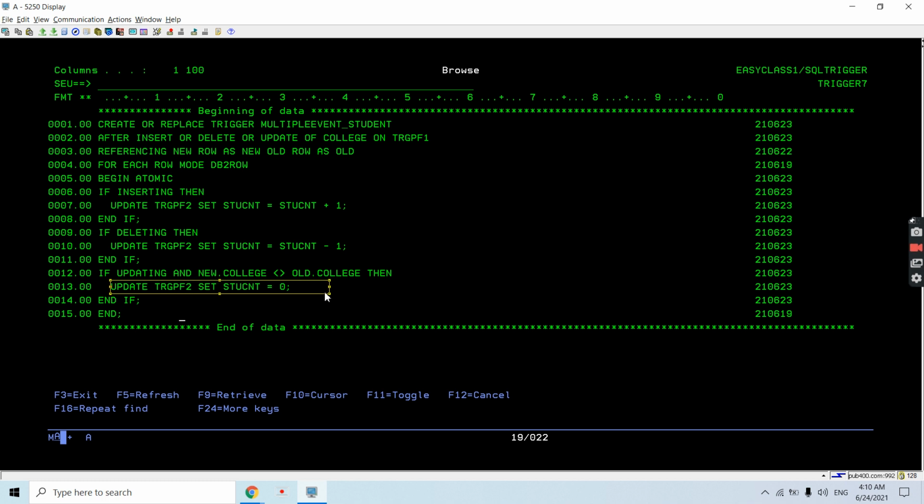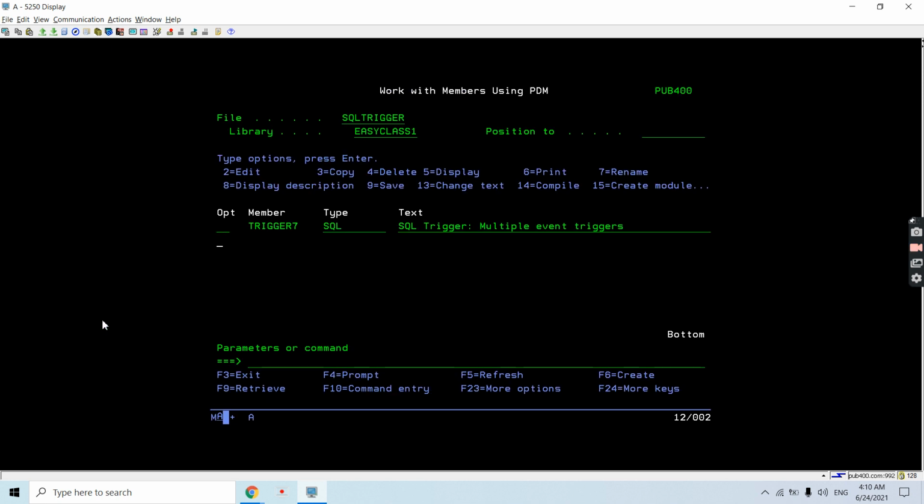So whatever action gets performed only when the conditions occur, that is either an insert trigger gets fired, or a delete trigger gets fired, or an update trigger gets fired, and they are within the condition if and end if. So I'm using the predicates with the if conditions, so you can do the same thing at your end like this. And now just create the trigger program, run sql stm